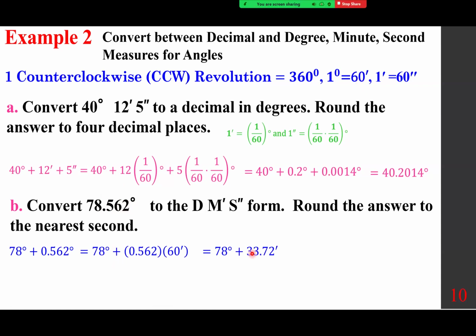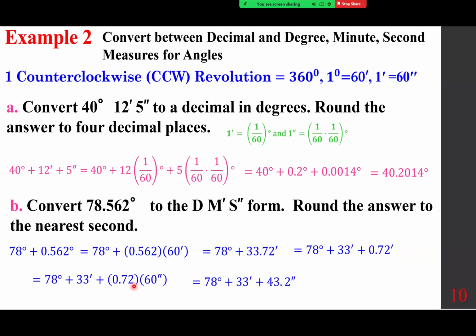We have the 78, and this one is in minutes. 33.72 minutes. In other words, 78 degrees plus 33 minutes plus 0.72 minutes. This one, each minute is 60 seconds. Let's multiply it by 60 seconds. This is fine. This is fine. This one, we multiply by 60 seconds. And this doesn't change, this doesn't change. This becomes 43.2